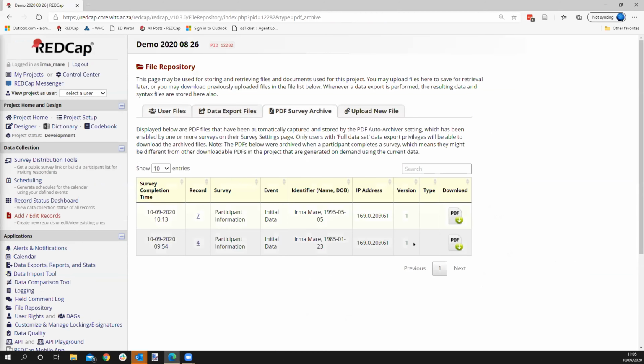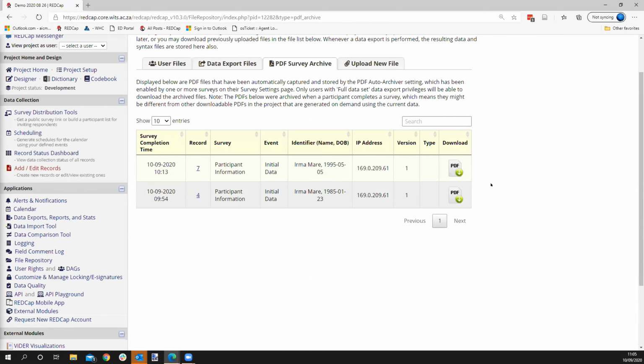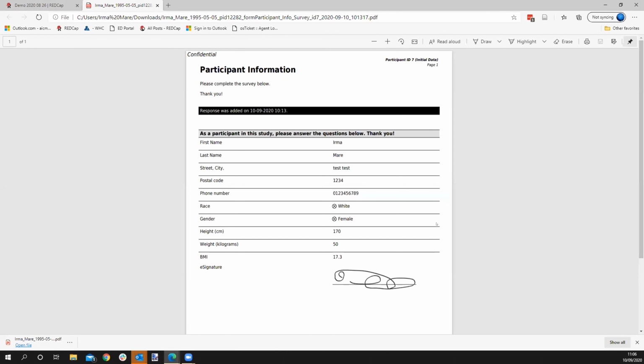So any forms that have been enabled as an e-consent framework and that have been filled in and signed by the participant will have the snapshot stored here. So even if I alter the questions after the fact, this PDF remains intact the way it was when I signed it. So that's something that we've been trying to promote awareness of in our setting,